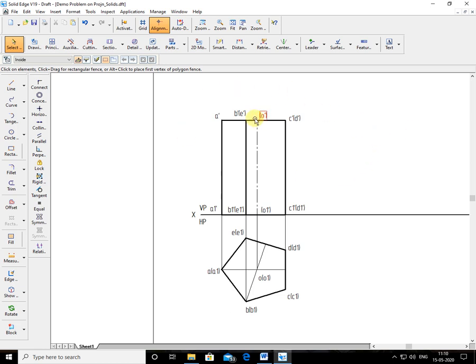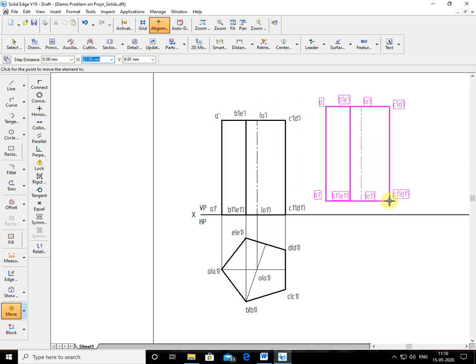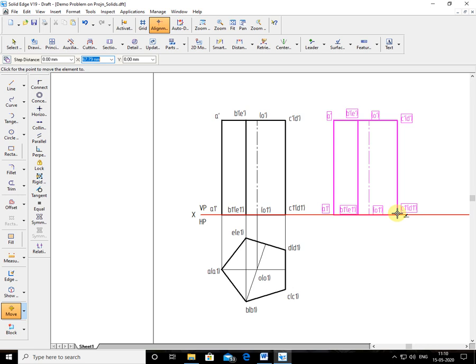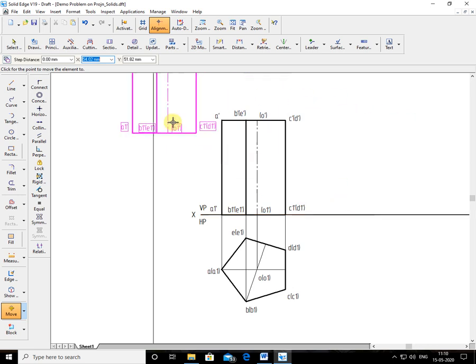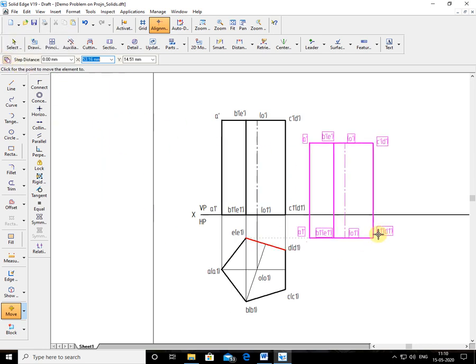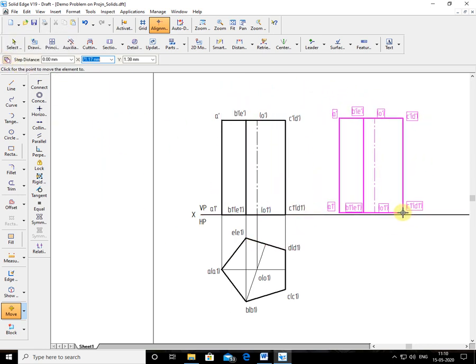But in the computer, you have to just move and rotate. So what I'll do is a very easy method. I'll use the move command first. Move. Choose the whole figure. Then I'll move it about the corner edge here. I'll keep it here on the XY line at some convenient distance. When you keep it, you should make sure that the copy option in the ribbon bar is on, so that the original figure remains in its first position. So I'll click here. This is the position. So right click. So this is complete.